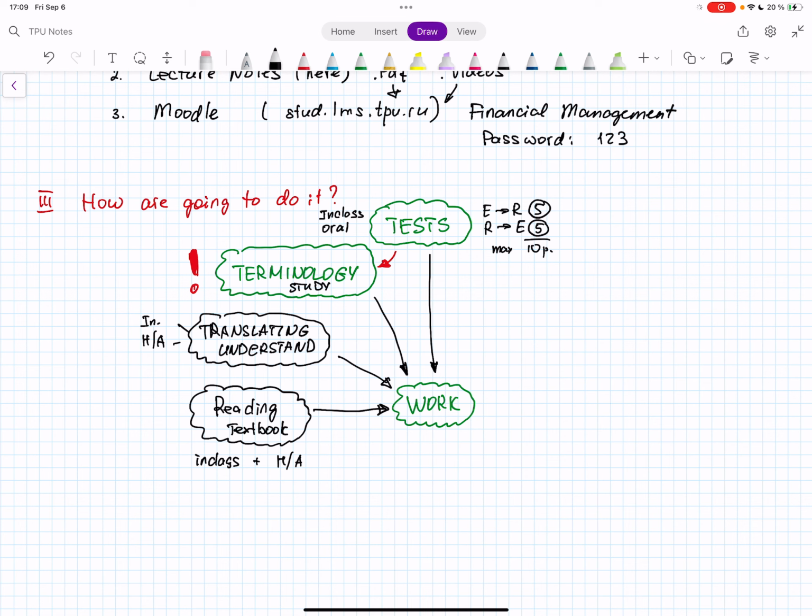So we will have many terminology tests so that you will have plenty of opportunities to improve your terminology vocabulary. Okay, so these are the important things.